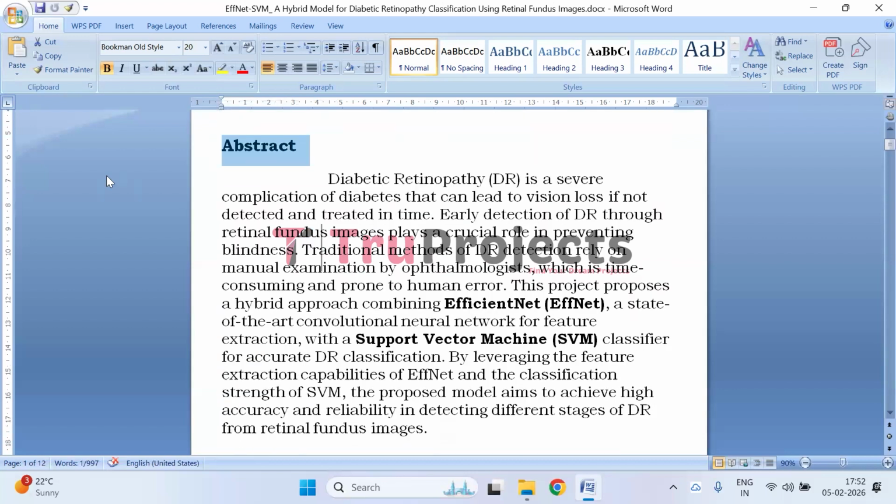diagnosis. Coming to the abstract, diabetic retinopathy is a serious eye condition caused by diabetes that can result in vision loss if it is not detected or treated early. Detecting diabetic retinopathy in its early stage is critical, and retinal fundus images provide a non invasive way to examine the retina for signs of the disease. However, traditional detection methods depend on manual analysis by ophthalmologists, which can be time consuming, subjective, and prone to human